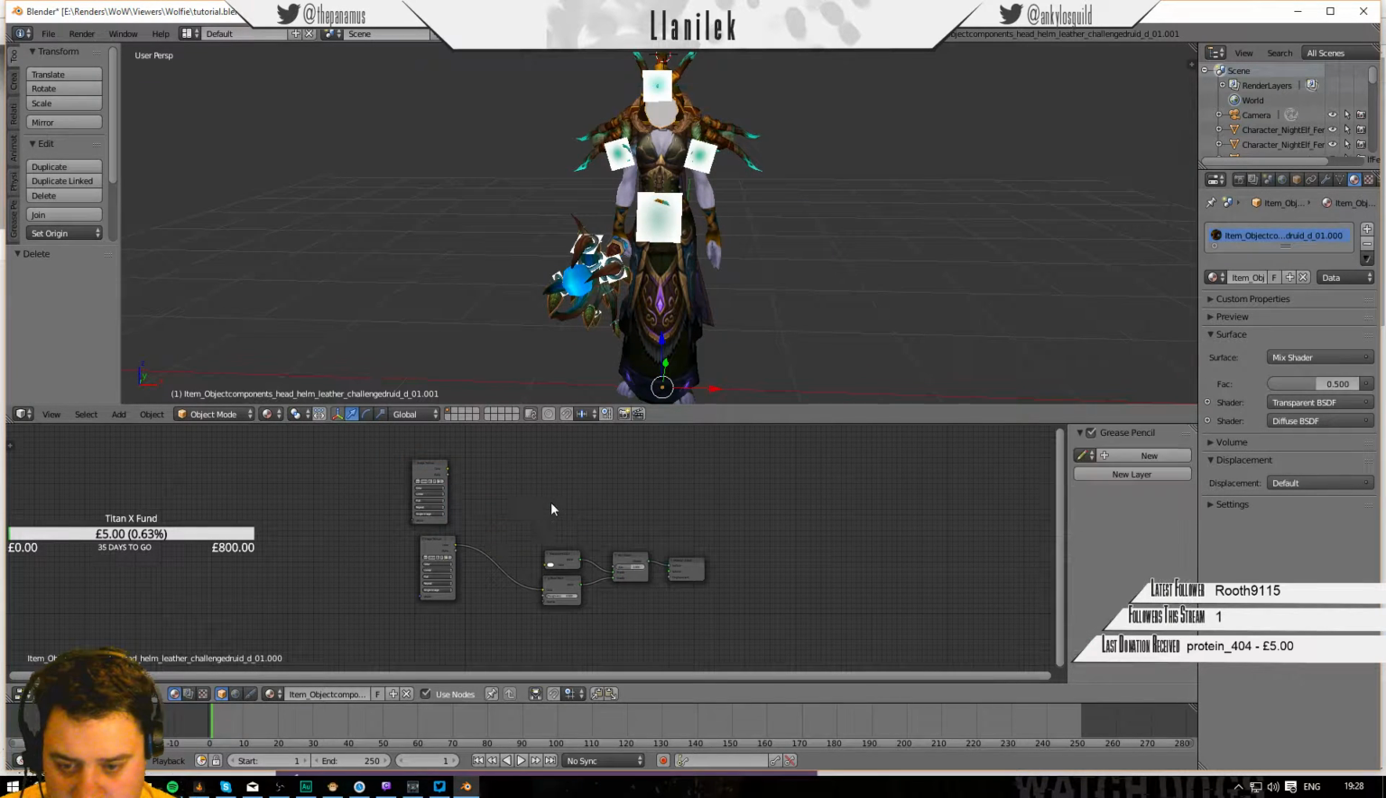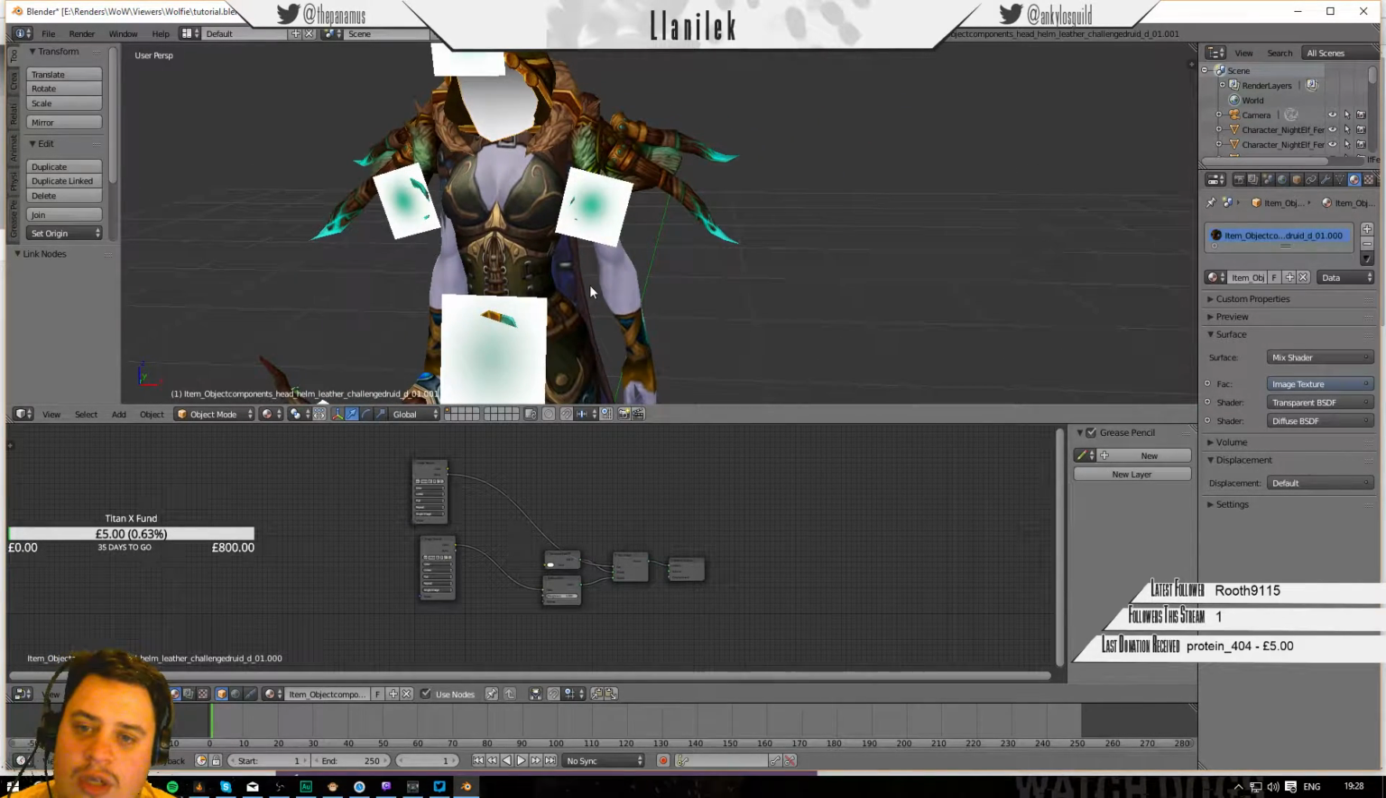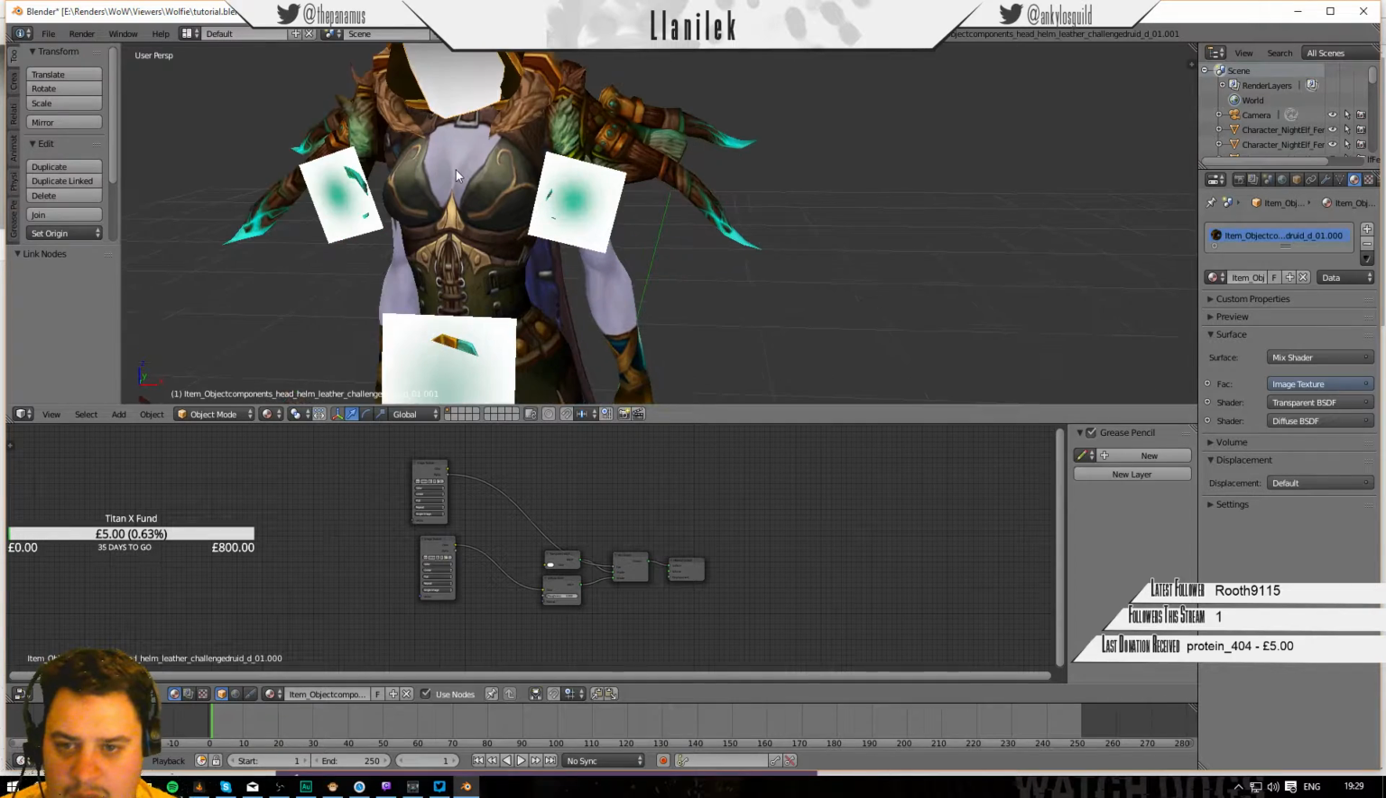I don't actually think we need the color ramp for this one, so we delete the color ramp with X and just do the alpha into the factor value. Might be mistaken there, but we'll have a look. Let's try the color. No, that really does get the alpha into the factor. Okay, so if we now